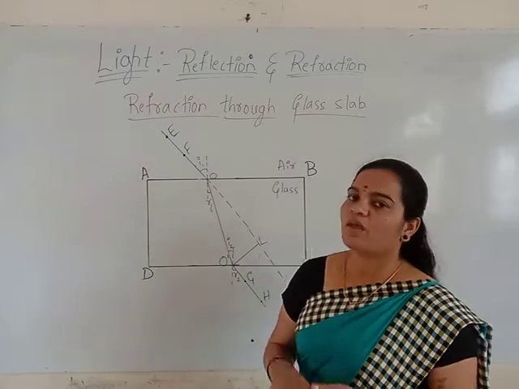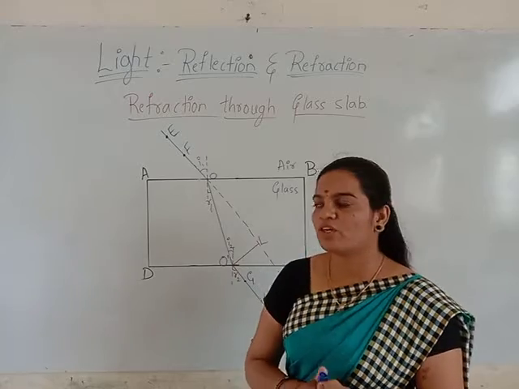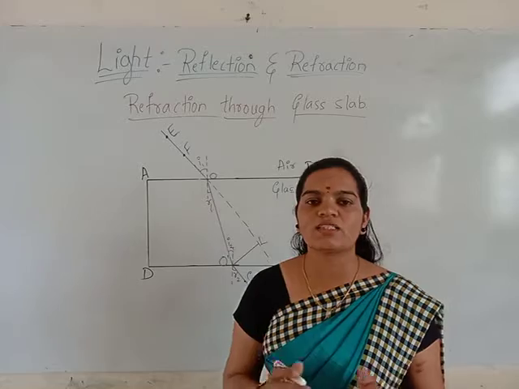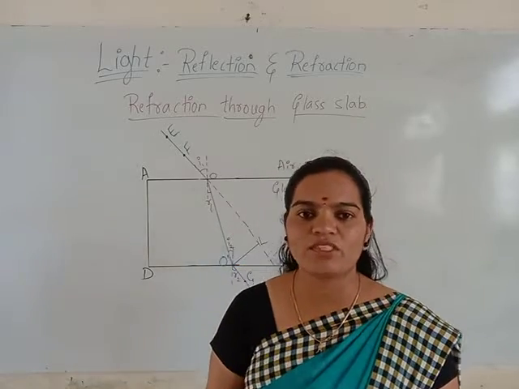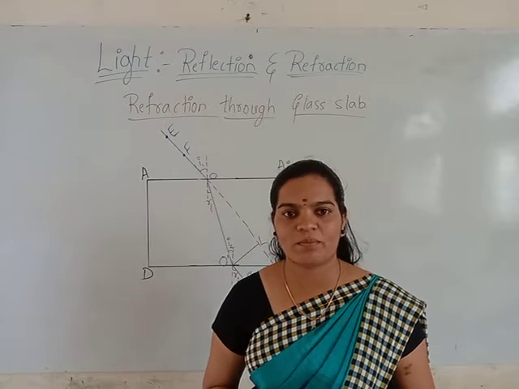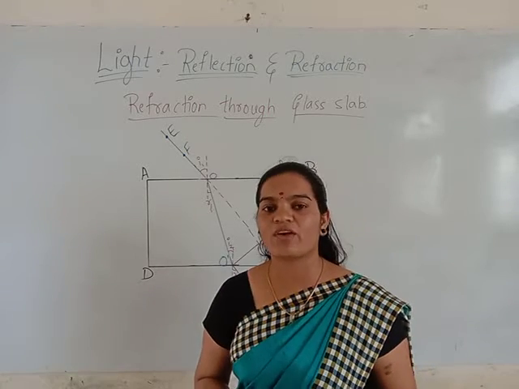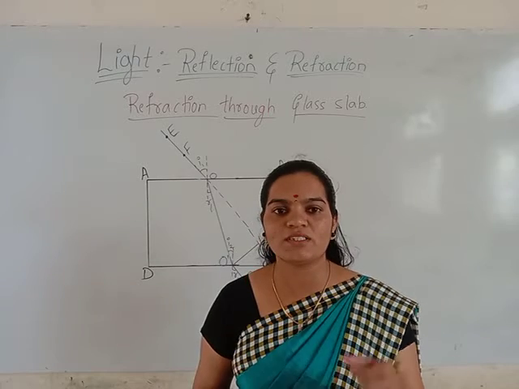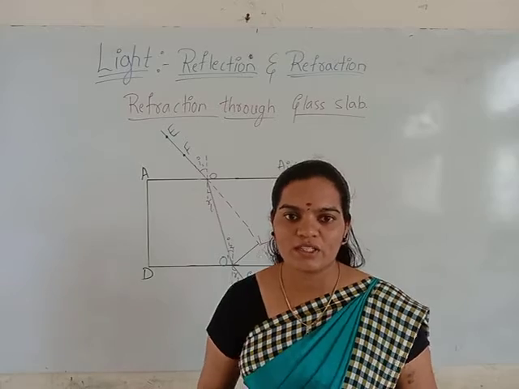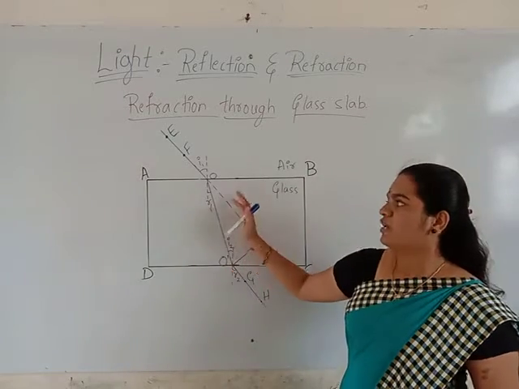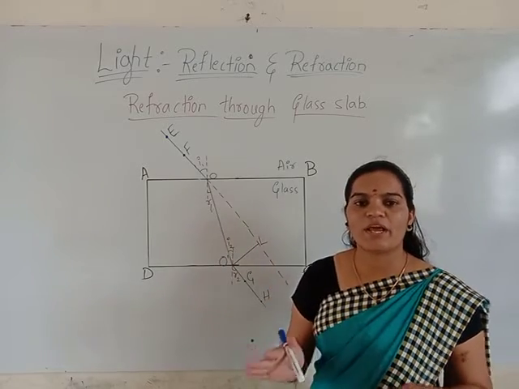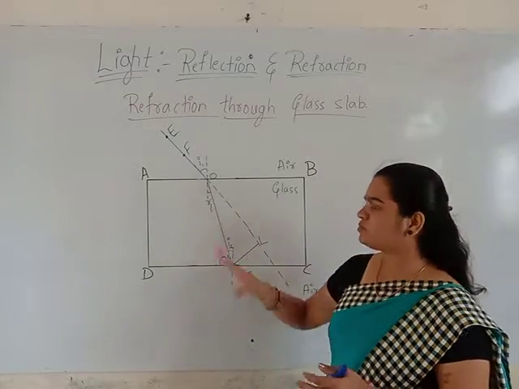So after studying the definition of refraction, to understand the refraction of light, we'll conduct a simple activity which I'll be showing you on the board using the rectangular glass slab. I hope that everyone has seen the rectangular glass slab. A glass slab is made up of thick glass which is rectangular in shape. So here is the diagram which I have shown you on the board. I'll explain how to conduct the activity.